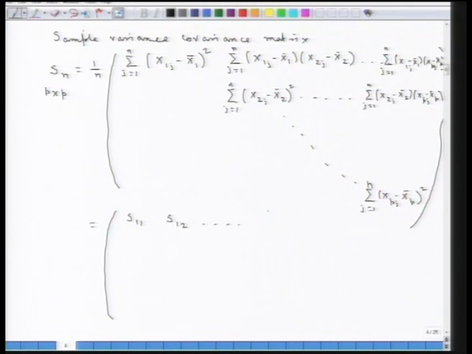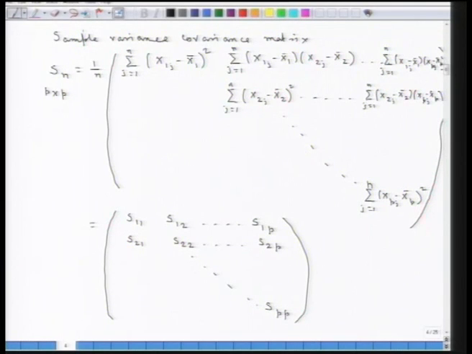The last entry in the first row here is the sample covariance between the first and the pth variable. So this would be S21. S21 is just this element S12 itself, because this is the variance covariance matrix. This is S22, S2p, and this would be the SPP element, where the Sij is the ijth entry of this particular sample variance covariance